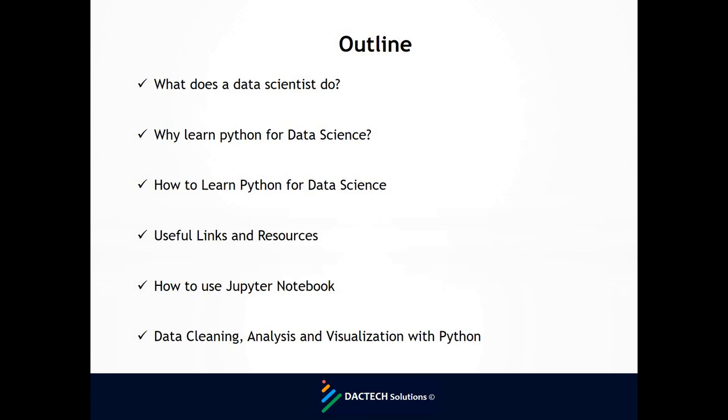And how to use one of the most important tools in Python, known as the Jupyter Notebook. And for today's project, we'll be looking at data cleaning, analysis, and we're going to be generating some beautiful plots and visualizing data in Python using some inbuilt libraries. And I hope we're going to have an exciting time in today's class.